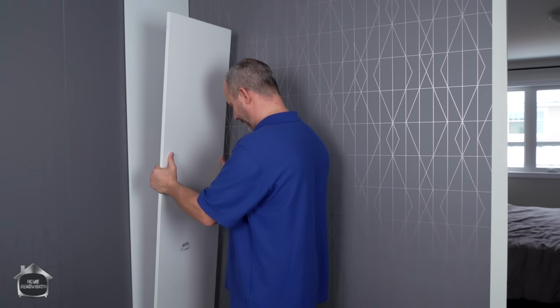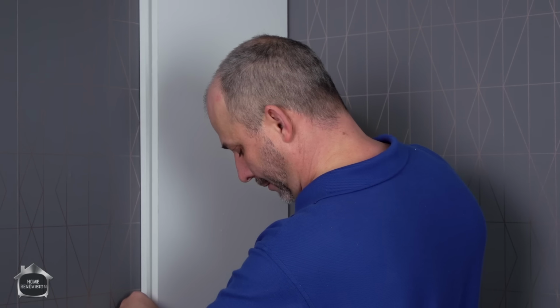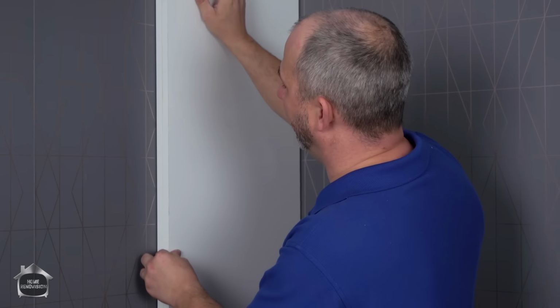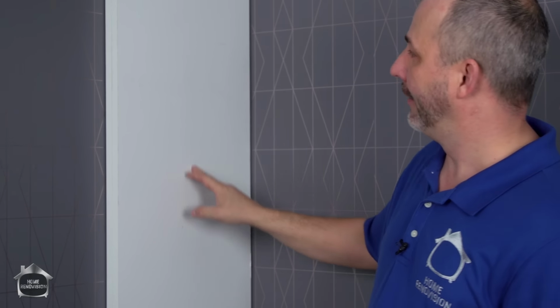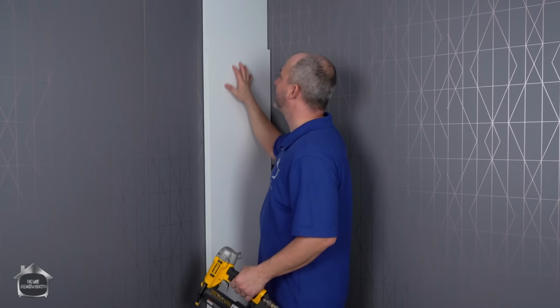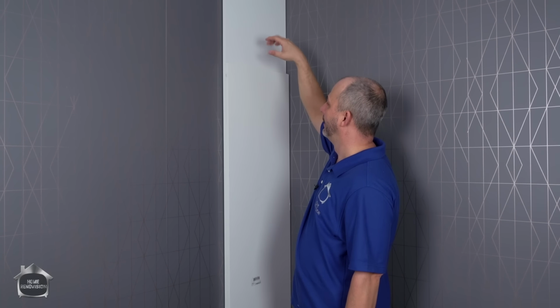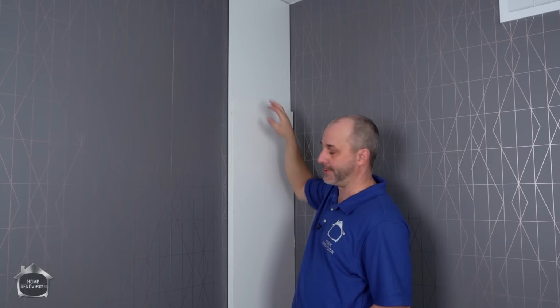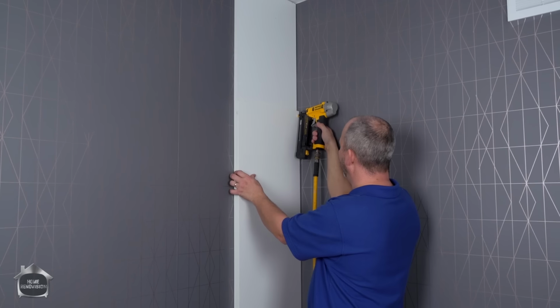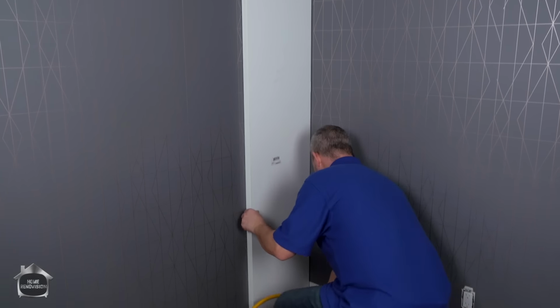Step number two. They also sell at the same store the same width of material in a 6-foot panel. Okay. Now this might look like it's a waste of material to double up like this, but what this does is this gives me a beautiful design to the ceiling for the inside corner, and this gives me structural load for the shelf. So we're gonna,